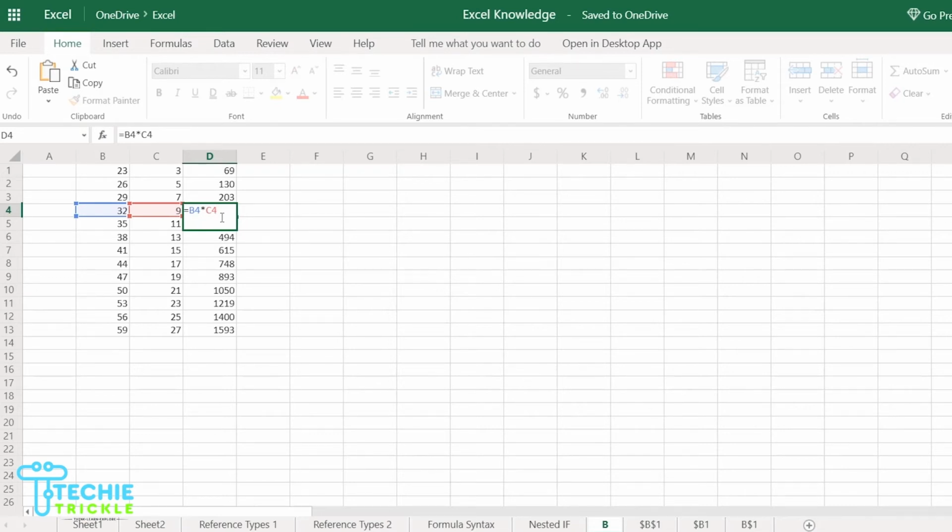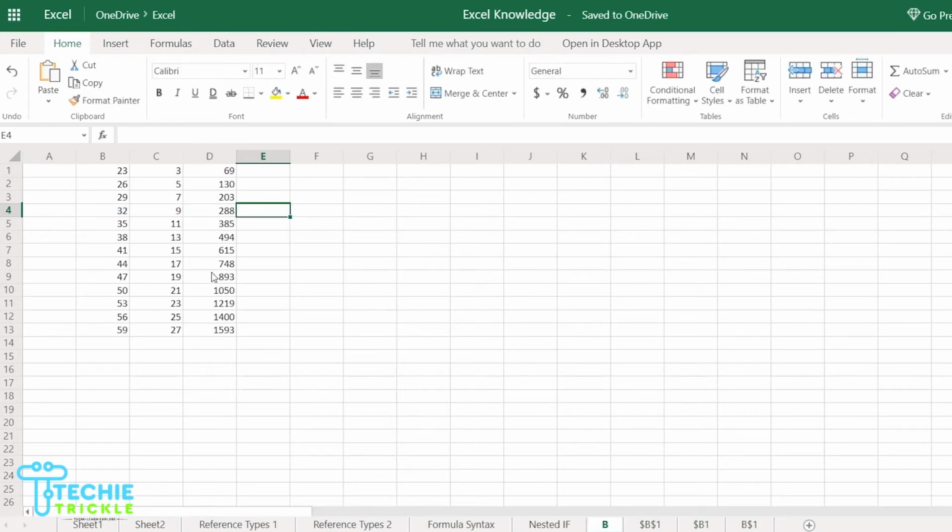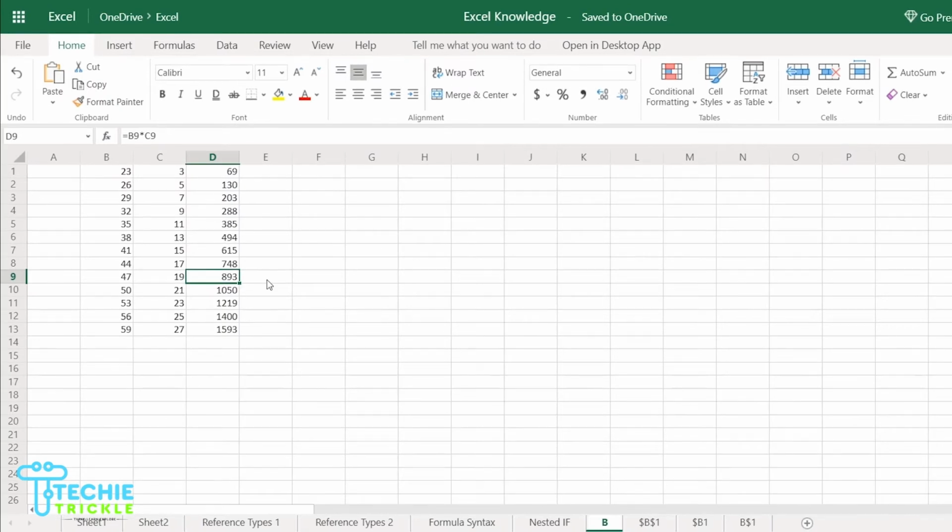So what is happening is the relative value is changing as I move from, say, row 1 to row 4. If I am here and press F2, see, it's B9 multiplied by C9. So the relative value is changing. That's the relative concept.